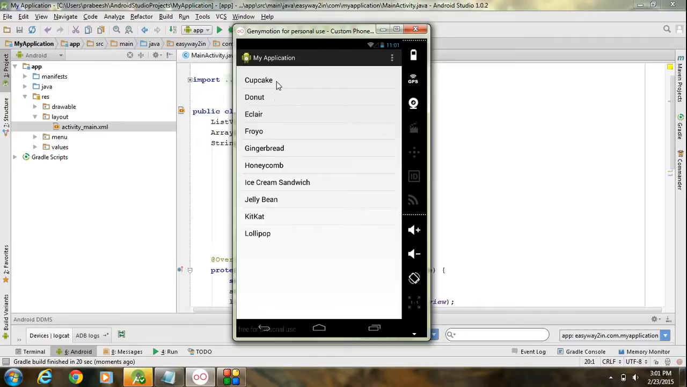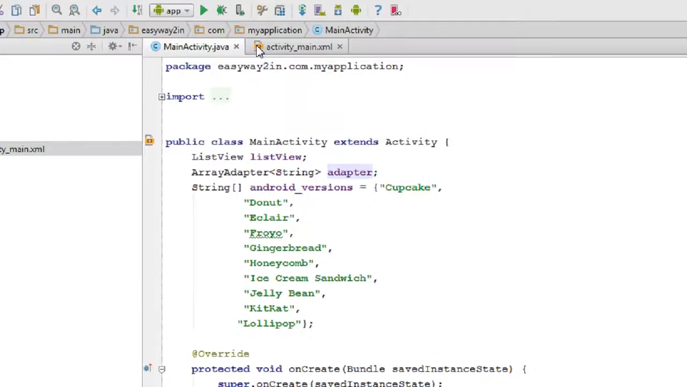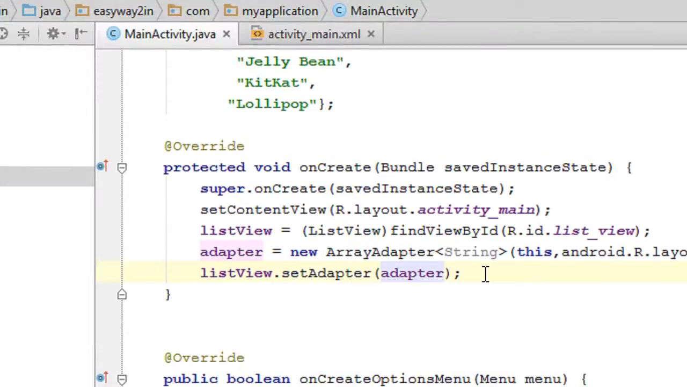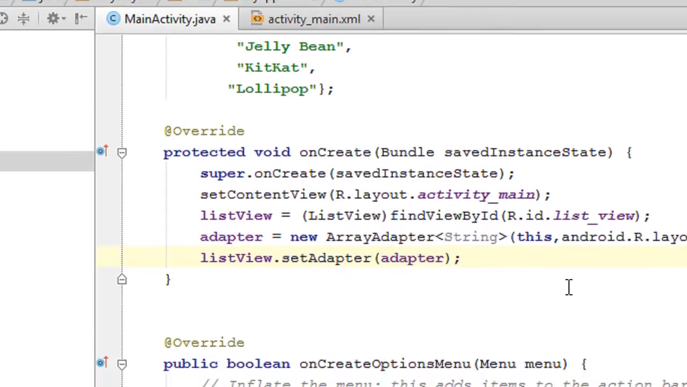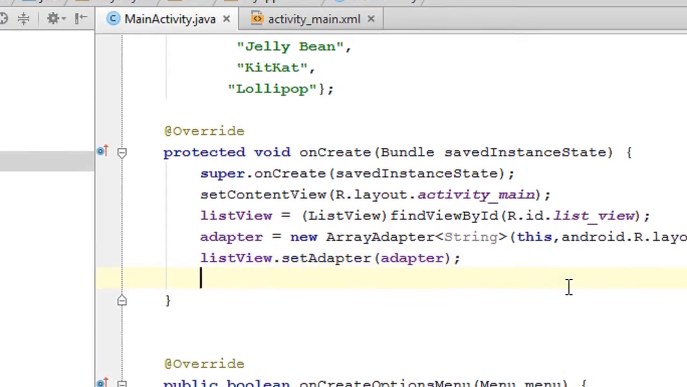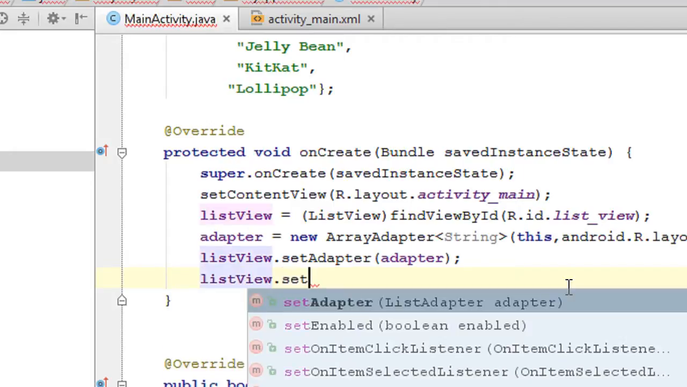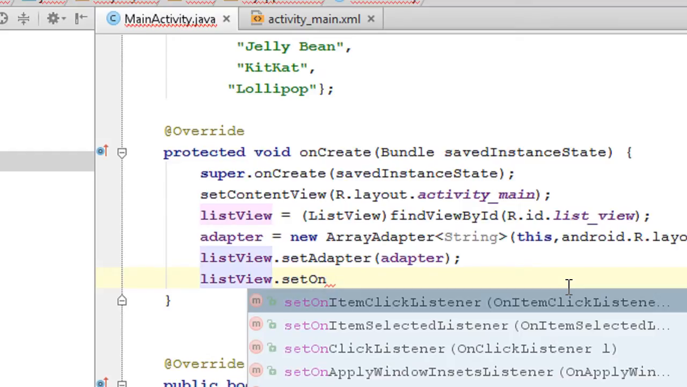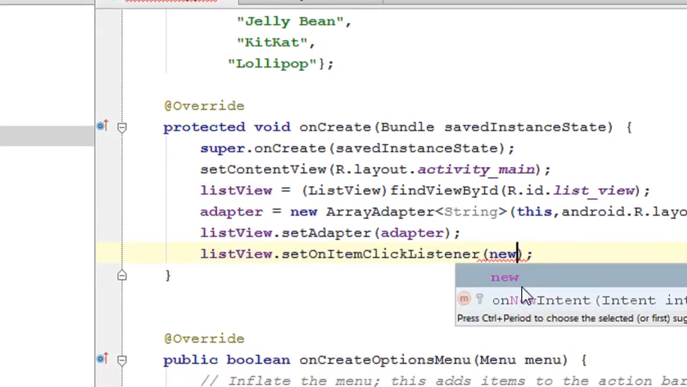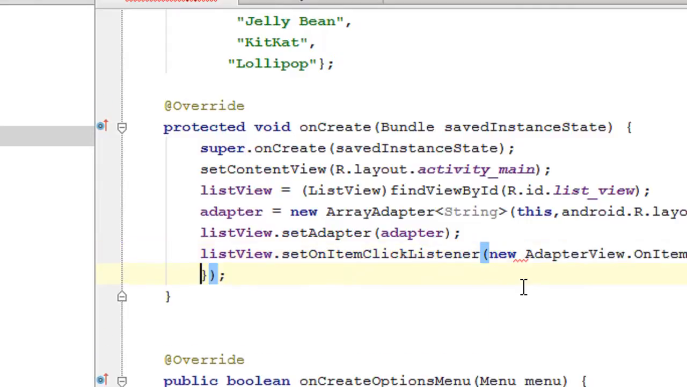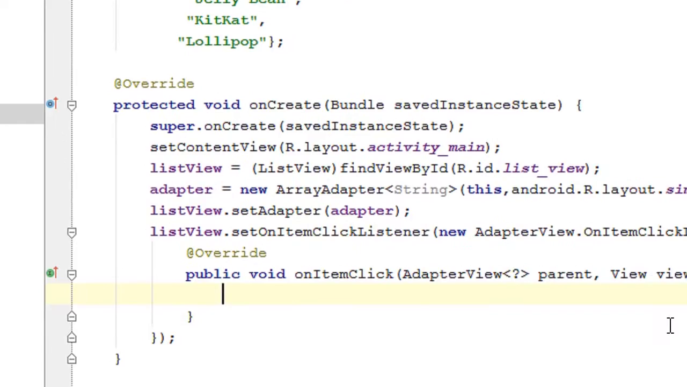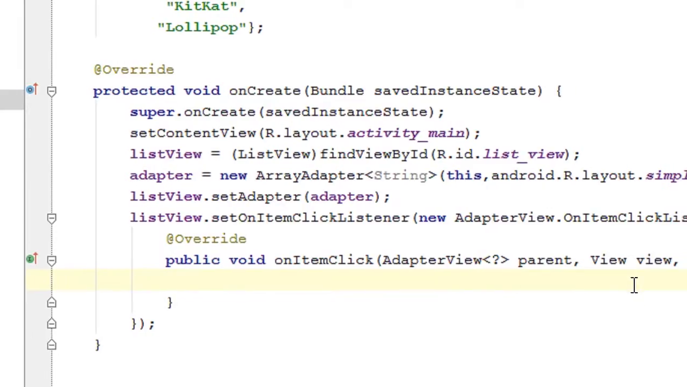So now we have to learn about what will happen if the user clicks an item on the list view. We have to handle the click events of the list view. So you can use setOnItemClickListener for handling the click events of the list view. So here I am going to create that one, listView.setOnItemClickListener. Okay, this interface contains a method called onItemClick,